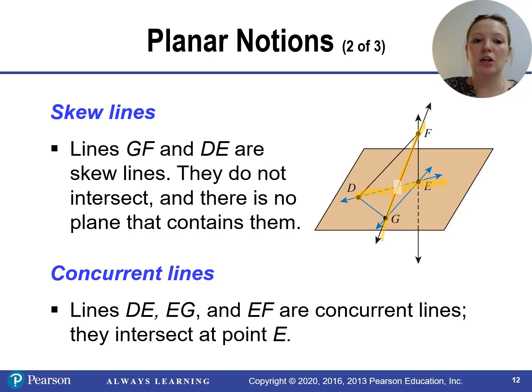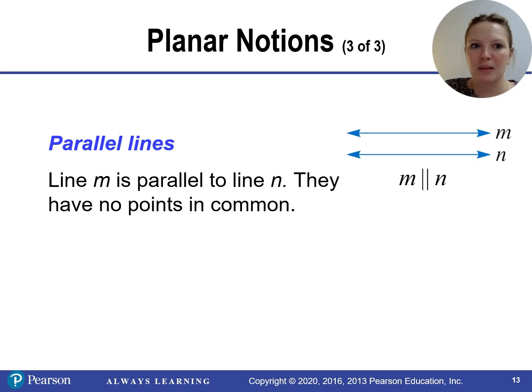We can also talk about concurrent lines. Lines DE, EG, and EF are concurrent lines because they all intersect at the same point. So we can say DE, EG, and EF. These are concurrent lines because they intersect at a single point E. We can also say that 2 lines are parallel. That means that they have no points in common. They will never